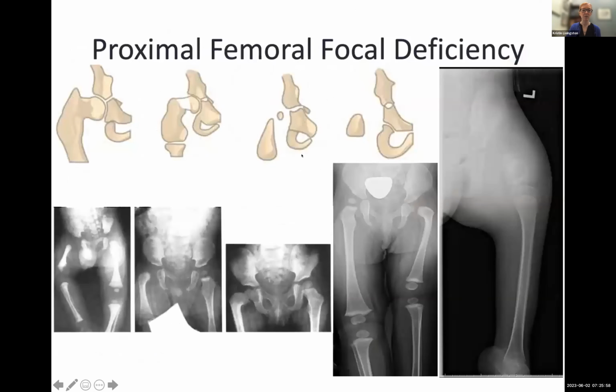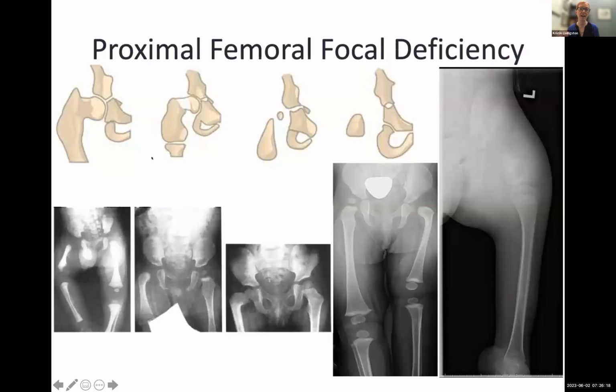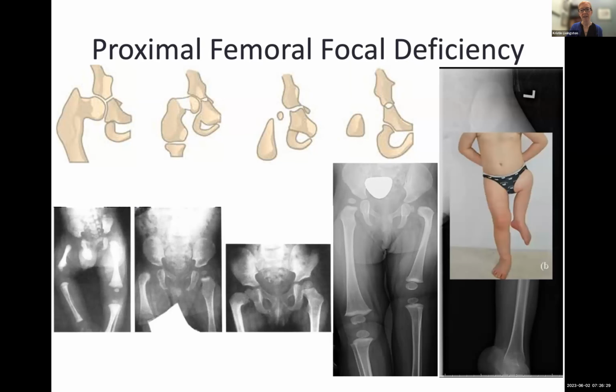A couple of examples would be congenital short femur. This is a femoral hypoplasia, different than hypertrophy or hemiatrophy. It involves distal femoral valgus with a hypoplastic lateral condyle. And often there are some hip abnormalities as well, such as lower extremity or hip external rotation and retroversion. A more severe form of that is proximal femoral focal deficiency, ranging from a mild coxa vara with a little bit of shortening to a complete absence of the hip or femur. And then